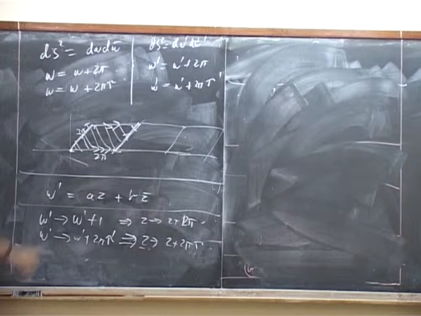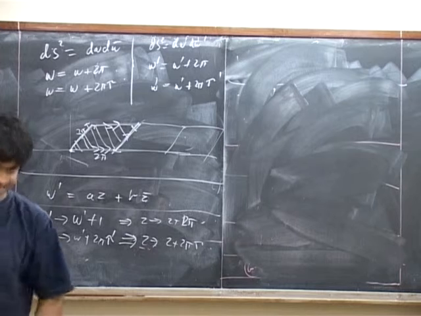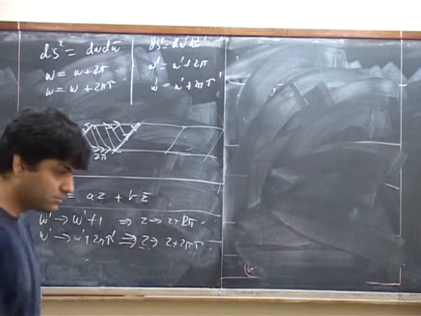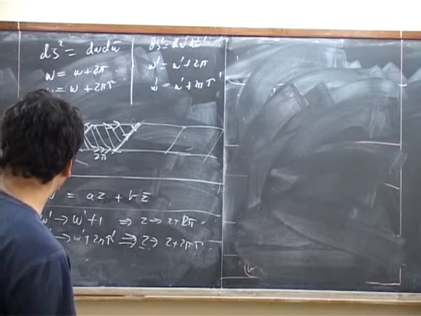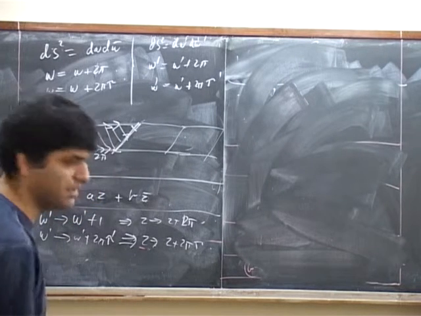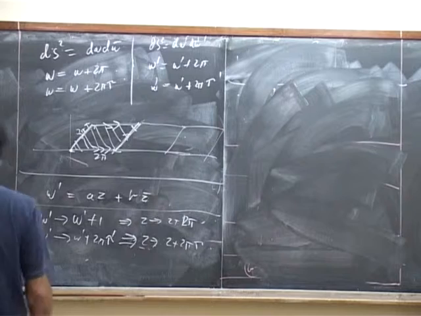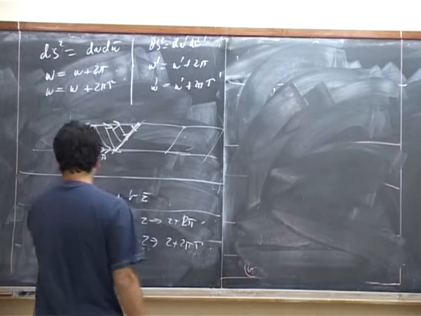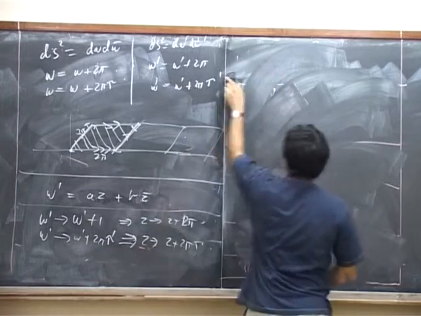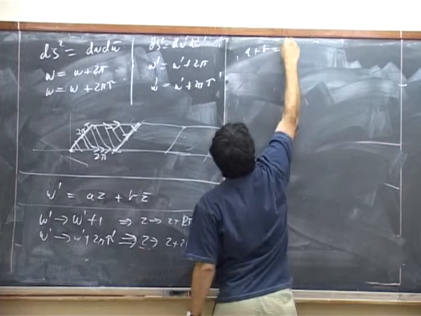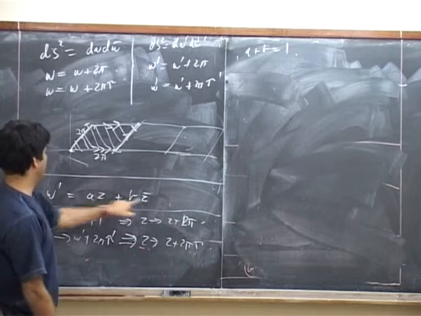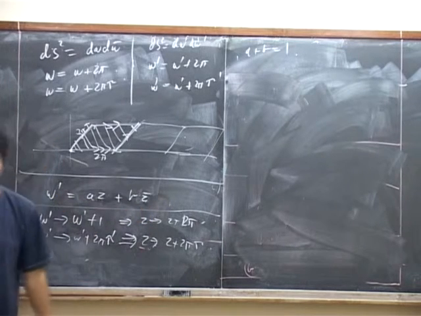Okay, so let's see what I get for these numbers. We want w prime bar to be the bar of w prime. Will it be a bar, z bar? Yes, a bar z bar plus b bar z. Okay, so now let's see. The first condition gives us the equation that a plus b is equal to 1, because if I set 1 and 1 here, I should get 1.